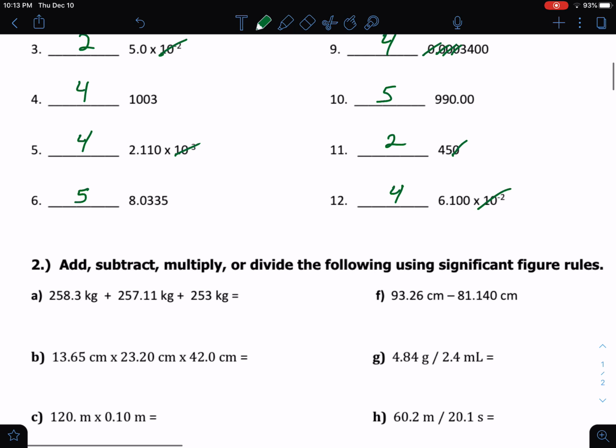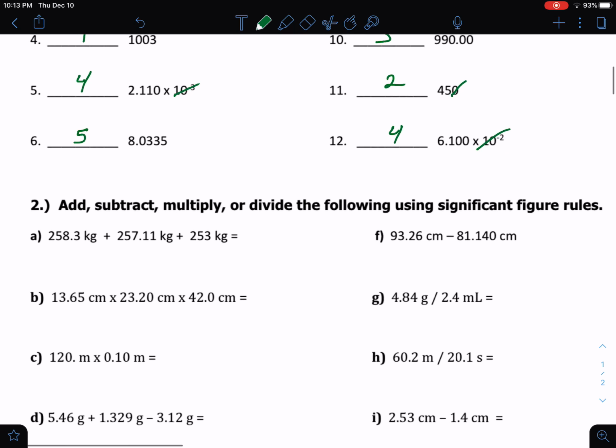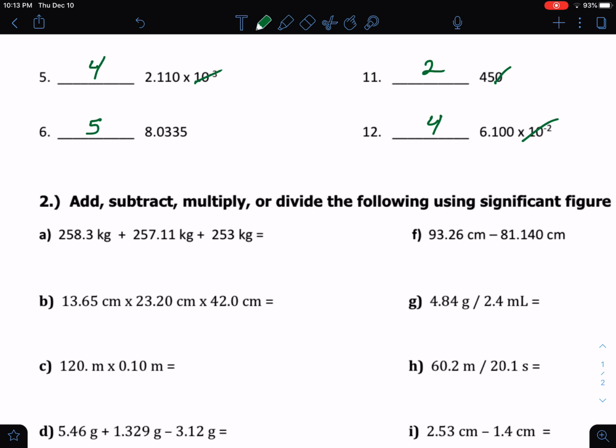Okay, so now we're going to go into mathematics. What I'm going to do is go through a few of these, just show you how we do it. Okay, so adding and subtracting, this is the way I do it. I take it back old school, kind of like elementary style. What I like to do is I stack them. So I do